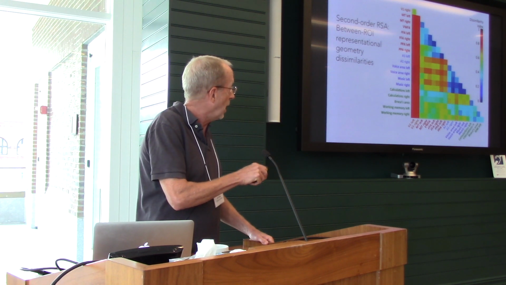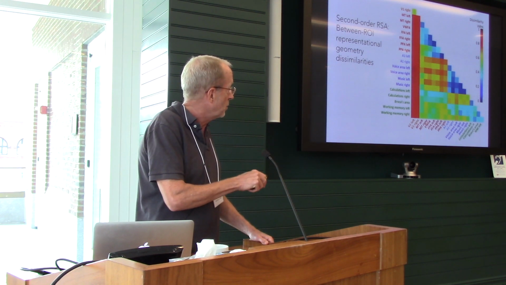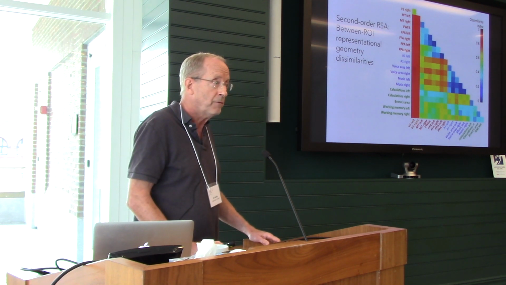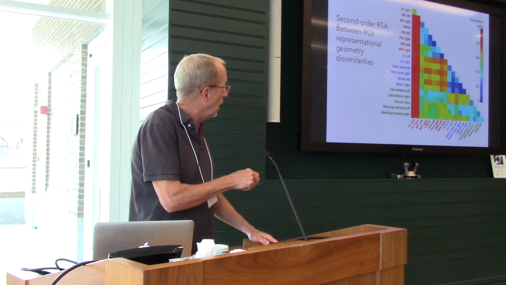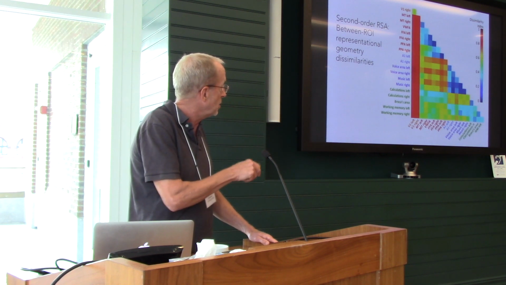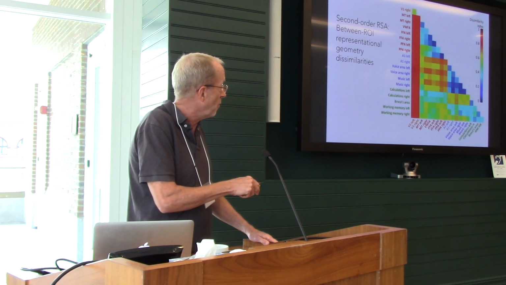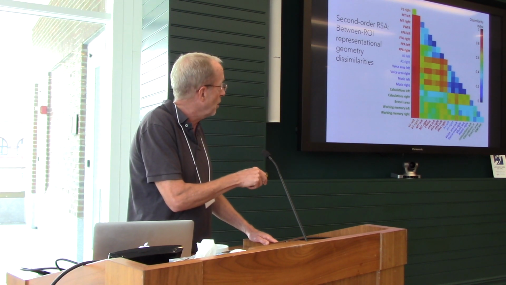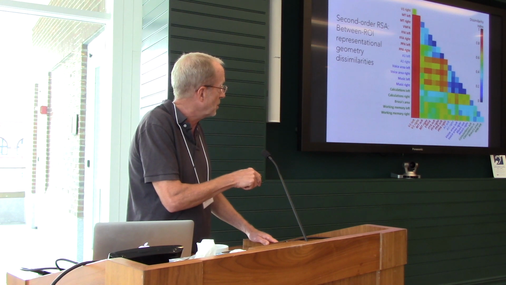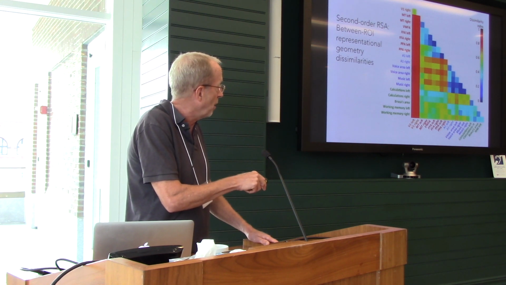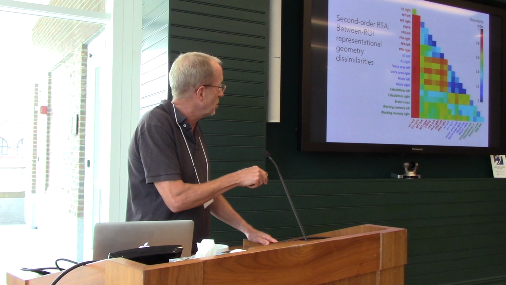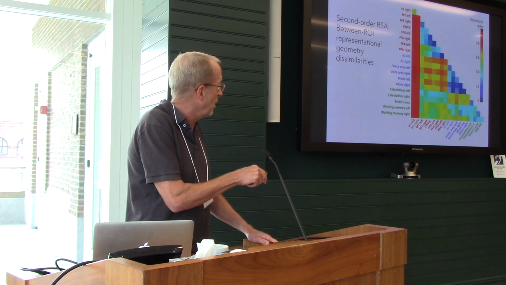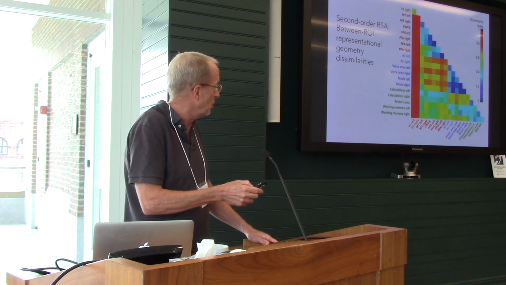And this is the dissimilarity matrix of representational geometries for these 20 cortical fields. It's hard to digest, but you can see V1, which is this red bar over here, is different from everything, maximal dissimilarity. The visual areas are most similar to each other, the auditory areas are most similar to each other, and these cognitive areas have a complex pattern, where the calculations are more similar to visual areas, and this working memory on the right is more similar to the auditory area for some reason.